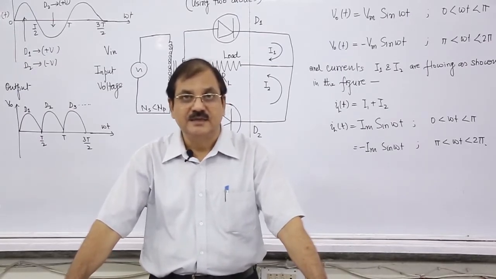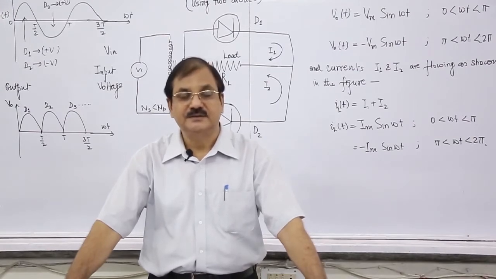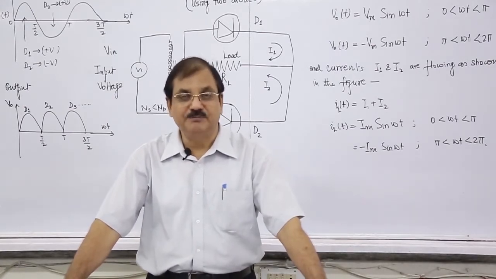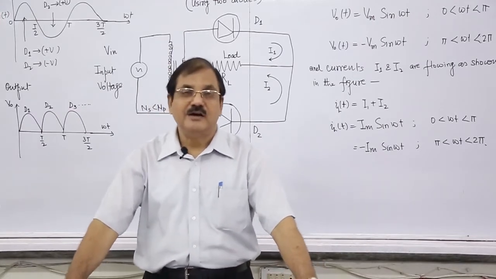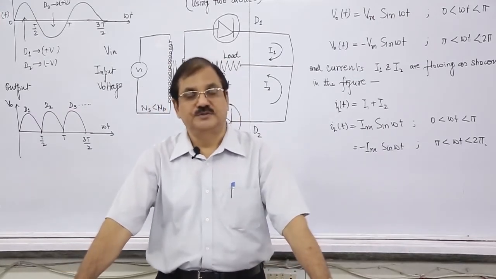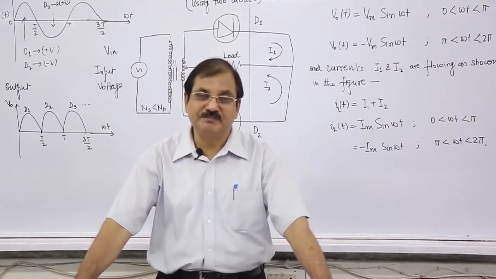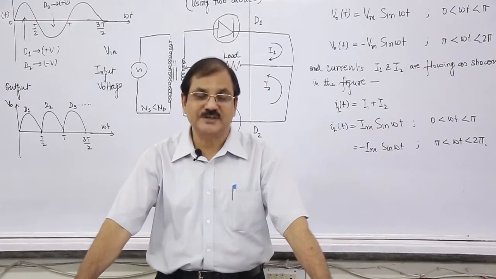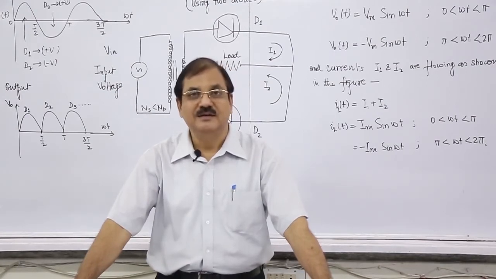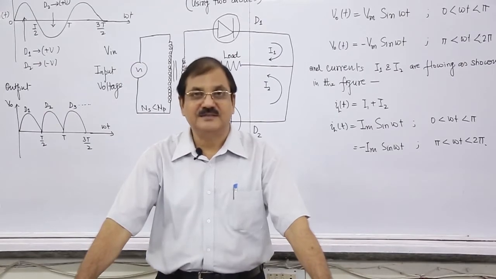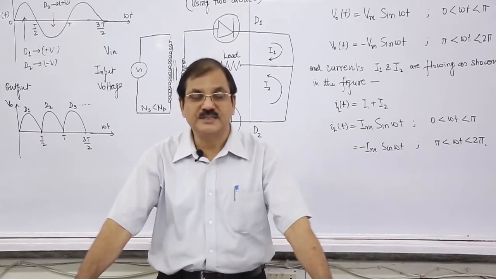That is, half of the output will be there corresponding to the input and the remaining half will not be used, and that is why the efficiency is below 50%, that is 40.6%, and the ripple factor is 1.21, that is, the pulsating part on the rectified output is more than in the